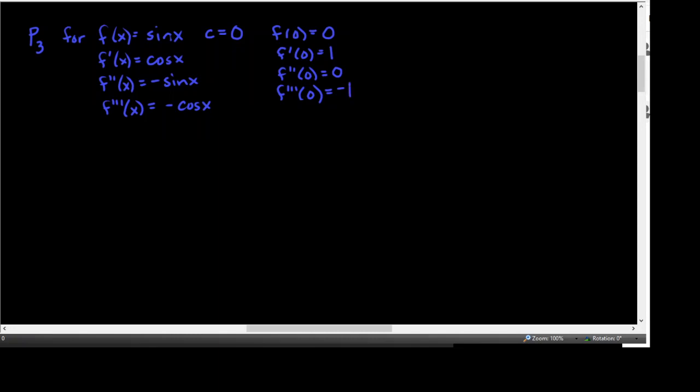And so the Maclaurin polynomial P sub 3 of x for sine of x will be f of 0 over 0 factorial times x minus 0 to the 0. And I'm not going to write x minus 0 each time, x minus c, because it is just x each time, plus f prime of 0, which is 1, over 1 factorial times x to the first, plus